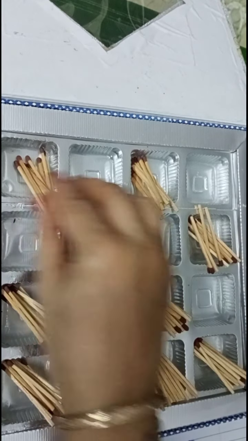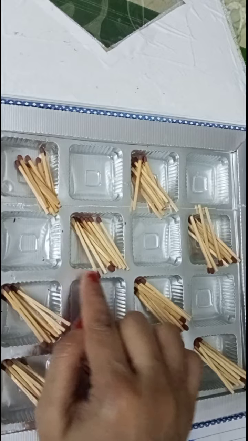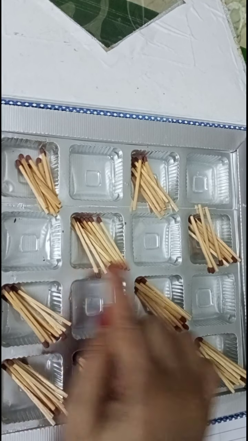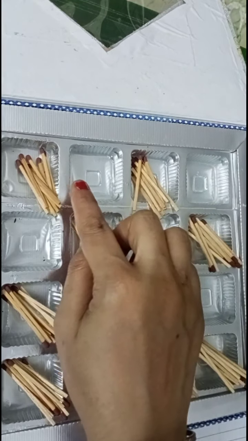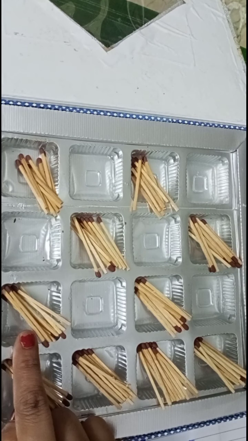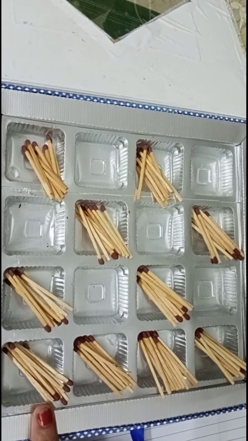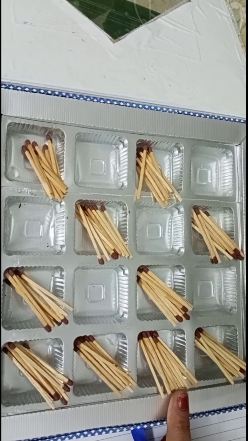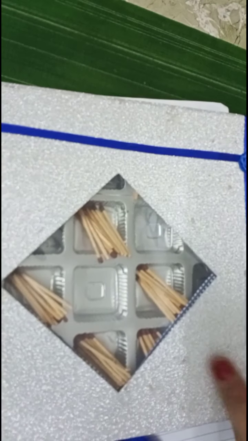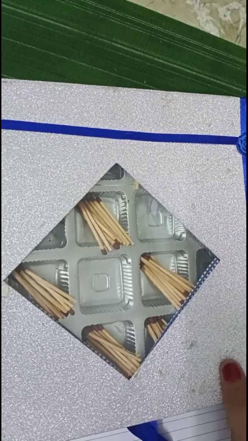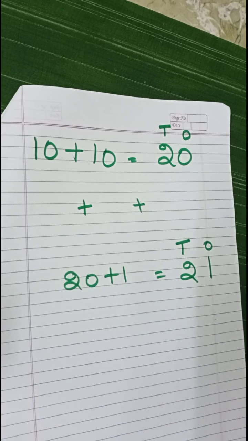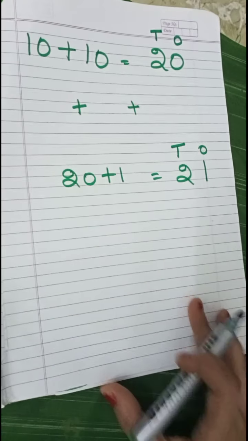So 10 and 20 I have explained to you. Now 30. Here 10 plus 10 plus 10 is 30. So 30 means 3 tens. 40 means 4 tens: 10, 10, 10, 10. So 4 tens. Here 5 tens, 6 tens, 7 tens, 8 tens, 9 tens and 10 tens. So 10 tens are 100. Is this clear to you? Now I think I have cleared the concept of ones and tens. Is this clear to you or not?